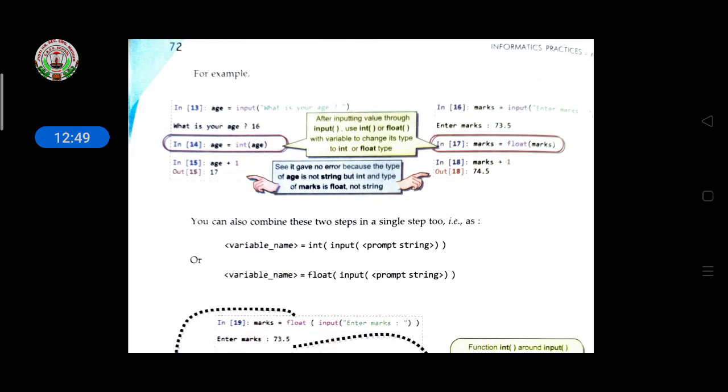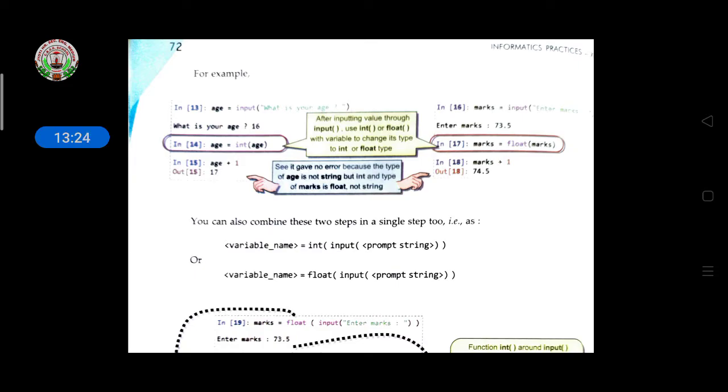If we initialize age first as a string, and then again initialize age equal to int(age), here int means integer, and age is considered as an integer value.